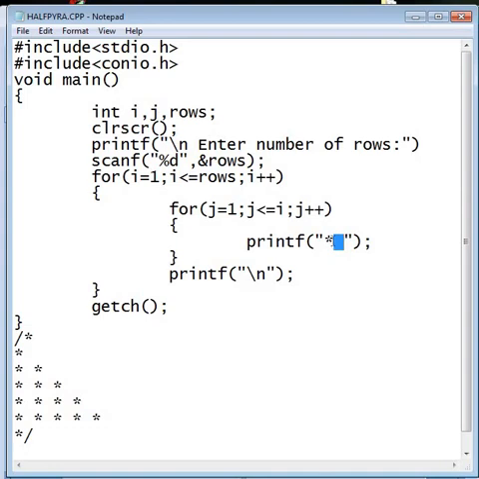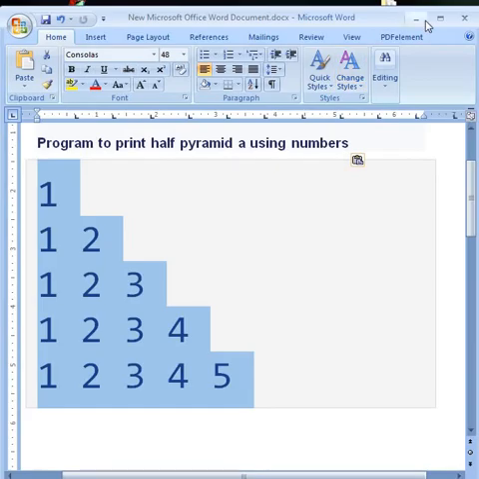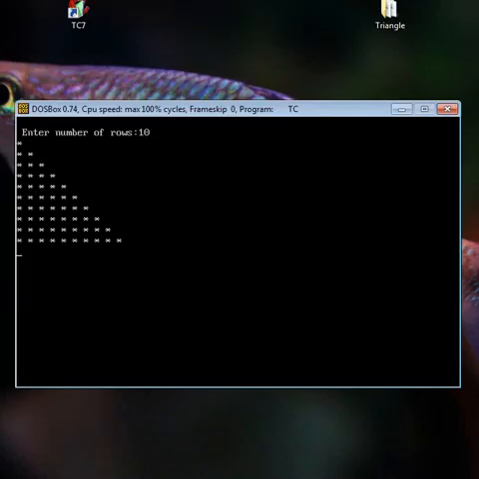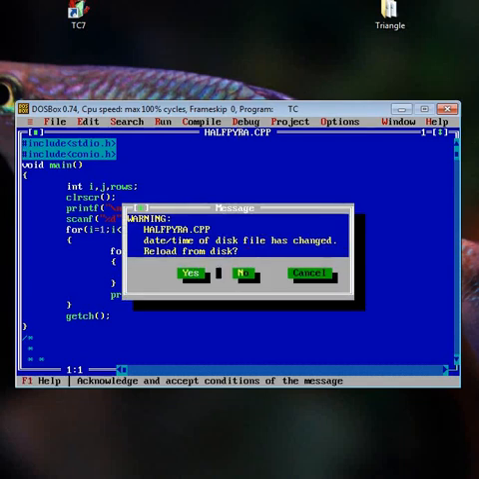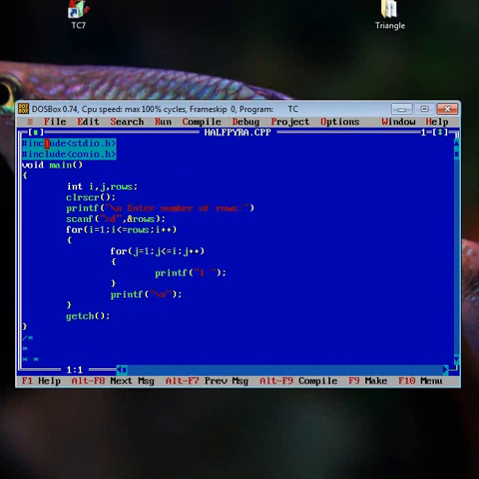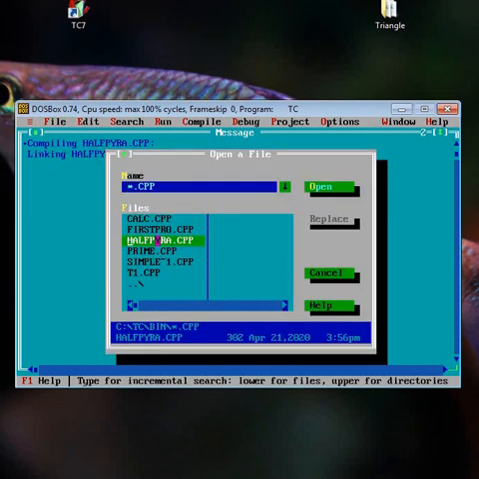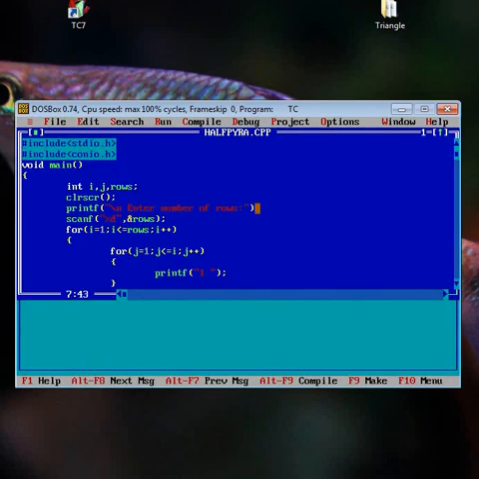Okay, so in place of star, if we write any number, the pyramid will be built by the number. That means just close it, then open a pyramid program and